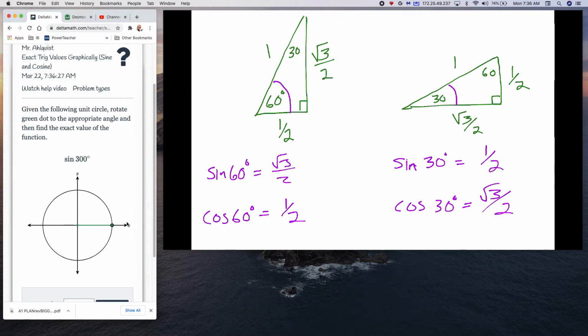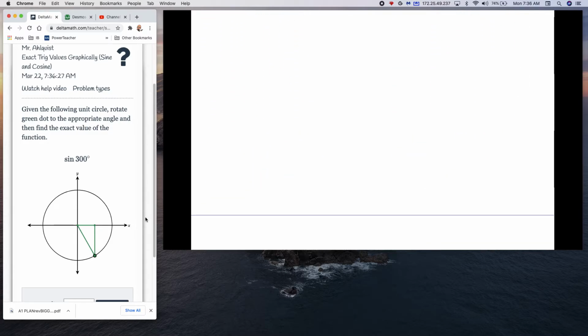So 300 degrees. Let me just draw this. Go 300. You know that that's 90, 180, 270, and that's going to be around 300, 60 degrees short of 360, right? And if you think about where 300 is,